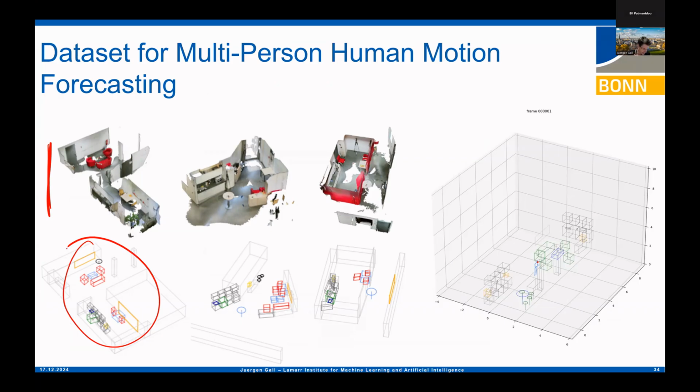of objects. So for instance, the yellow one here is a whiteboard, or here you can see the blue one, that's a table, and we also have chairs. And if you now play the video here on the right-hand side, you see why we did these annotations, because if you look closer, partly where the tables and the chairs are, you will see at some point people move around the chairs and place them at a different location. So it's very important, if you want to model the context of the scene, that you also take into account that the environment can change, people move things around, and we have this information in this data set.